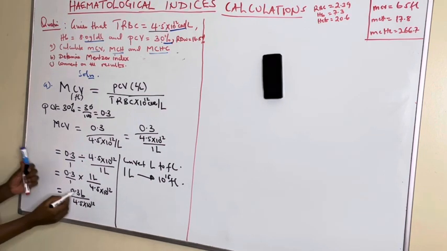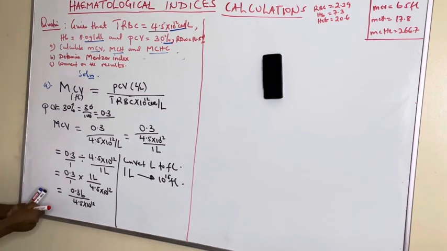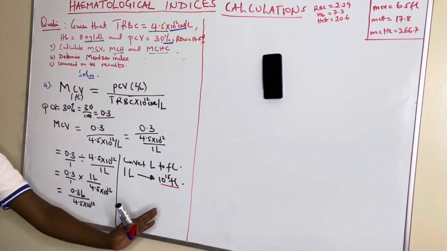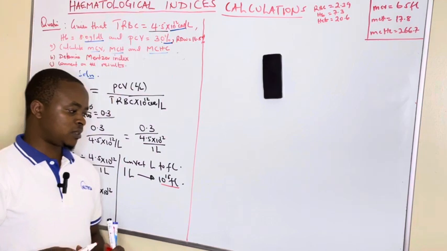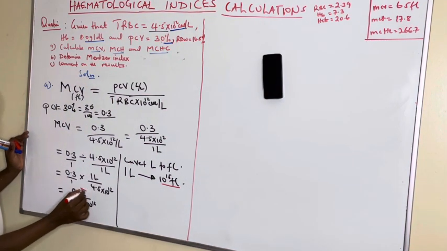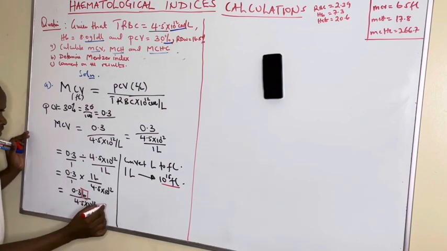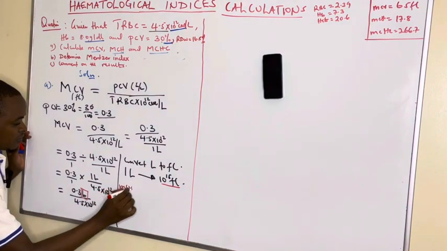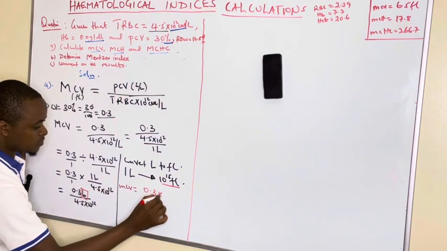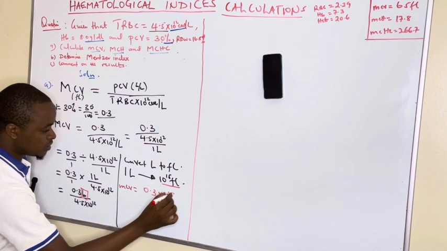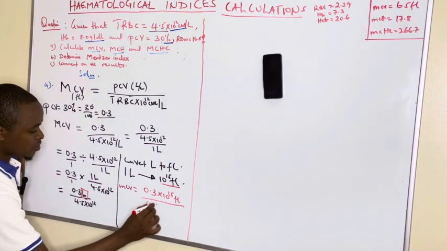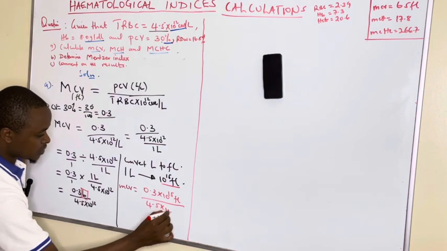So where there is a liter here, we are going to substitute it with 10 power 15, because we are converting the liter into femtoliters, since the result of MCV should be expressed in femtoliters. If we substitute where there is liter with 10 power 15, we get our MCV equal to 0.3 times 10 to power 15 femtoliters, divided by 4.5 times 10 to power 12